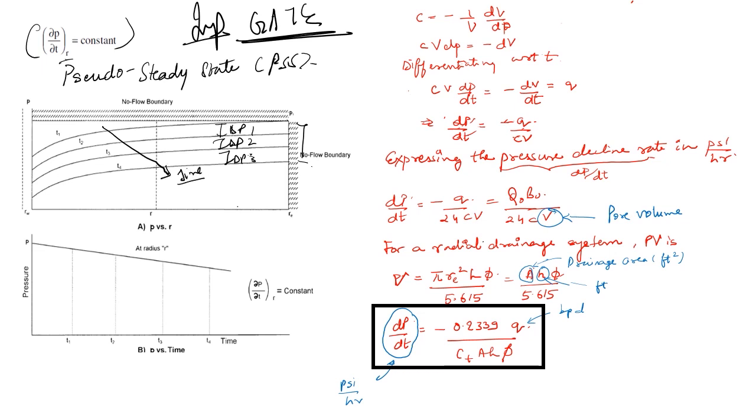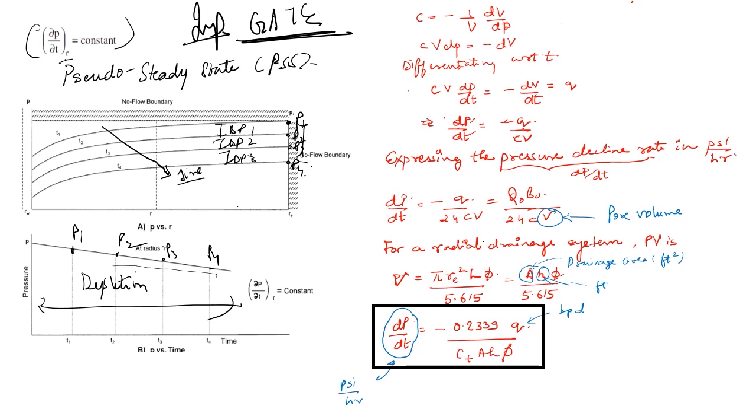Now again, if I am recording P1 as my boundary pressure at time T1, this will be the P1, P2 at boundary, P3 at boundary, and P4 at boundary. So you can represent that as P1, P2, P3, P4. So at the boundary also, whatever pressure I am recording, it will go down, which is again obvious, with time, because of depletion. This particular process is because of depletion. My pressure is going down.